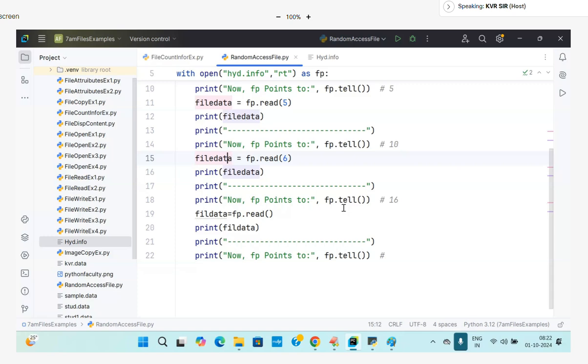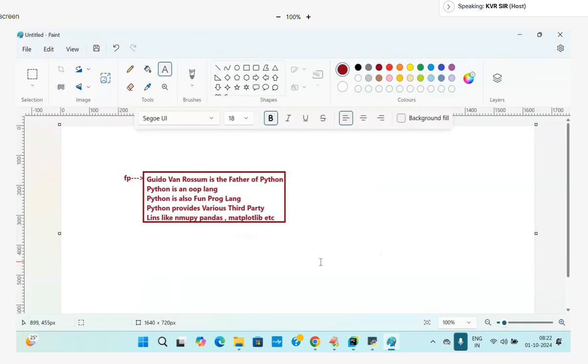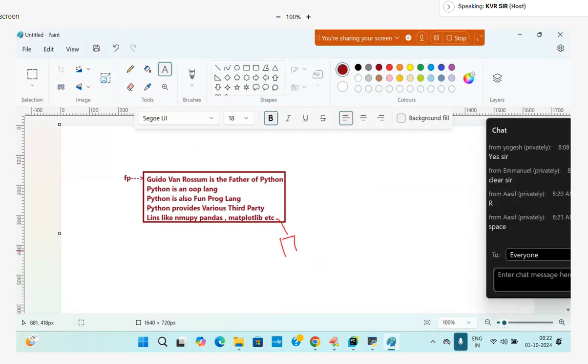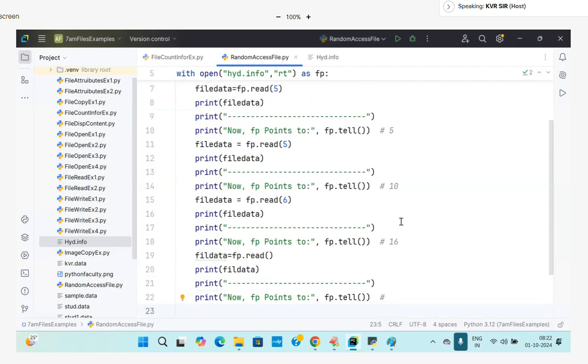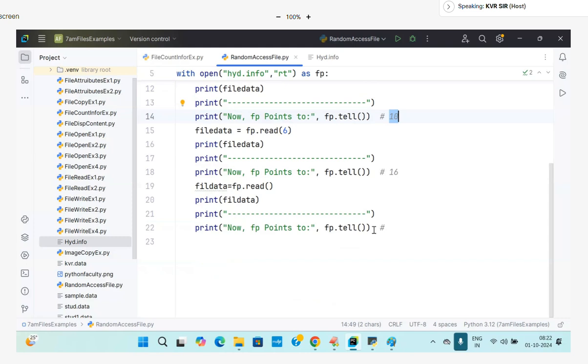Are you following me? Now I want to point my FP. Where is my FP pointing to? 171. 171 is the last position or not? From the last position, I want to point to row sum exactly. What is the index of our row sum? 10. If you are sure about it, it is going to be 10. To reset the file pointer object,